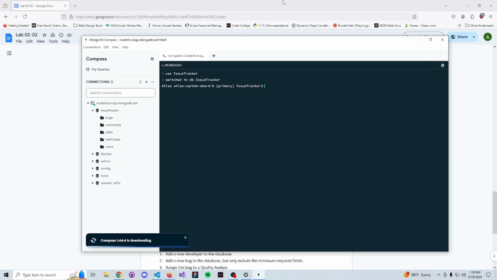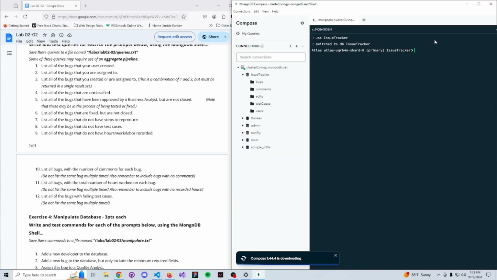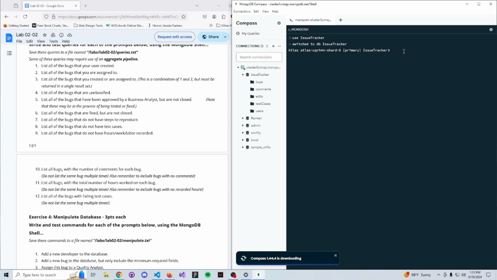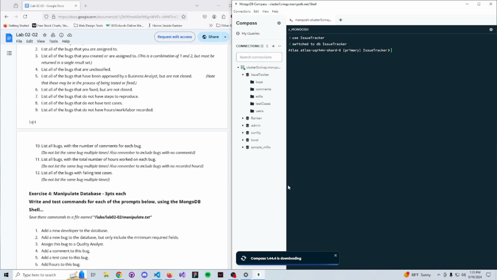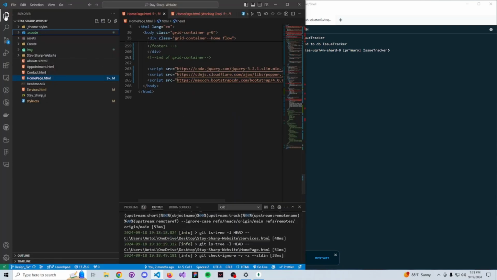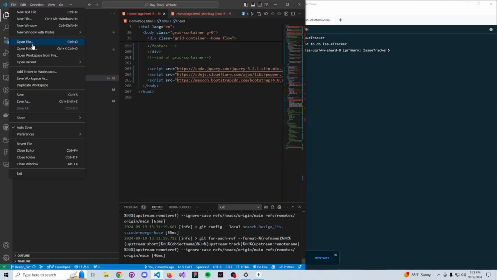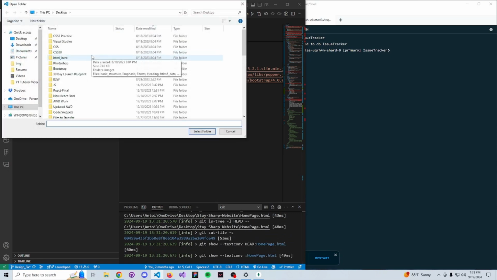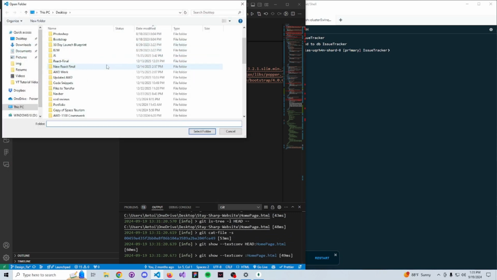So I think I'm going to do it like this. I might change it. I don't know how well this will work. Make this as small as possible. Let me load this up. I'm on this little part right here. I finished this section. I'm going to open it up on here. We're going to open up this folder. We're going to go to